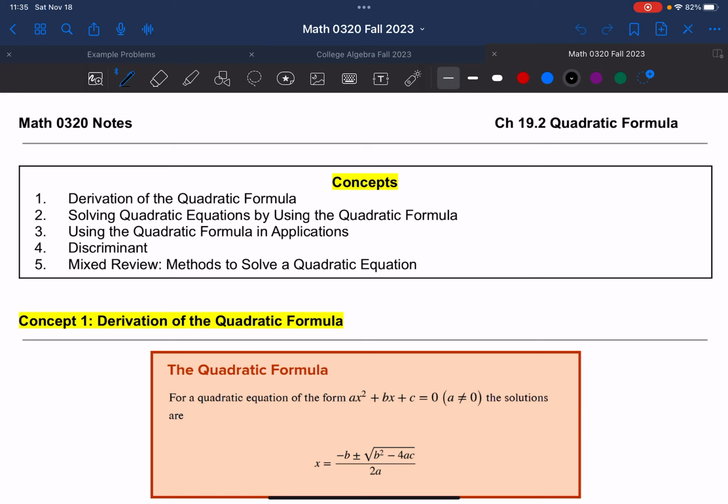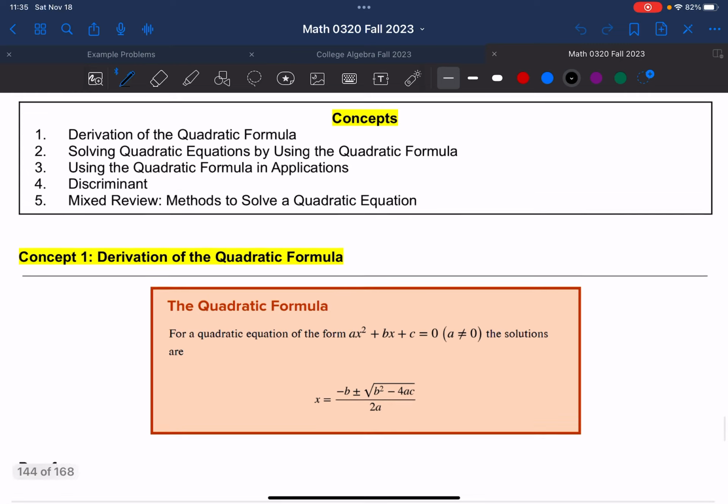Then we're going to look at how to solve quadratic equations using the quadratic formula, how to use the quadratic formula in some applications, how to find the discriminant, and then just some mixed review using different methods with the quadratic equation. So concept one,